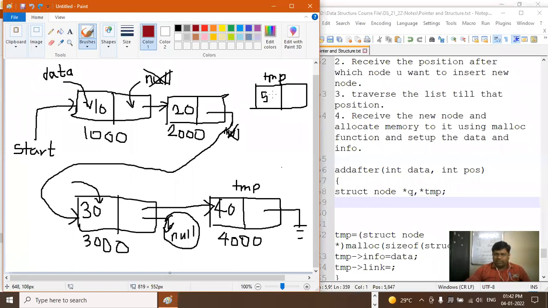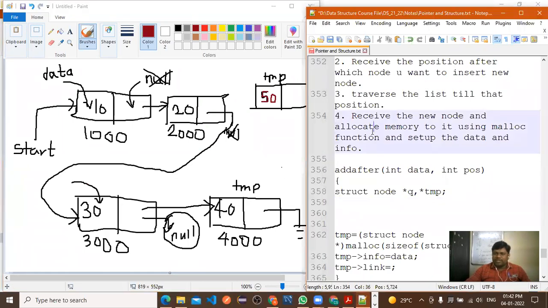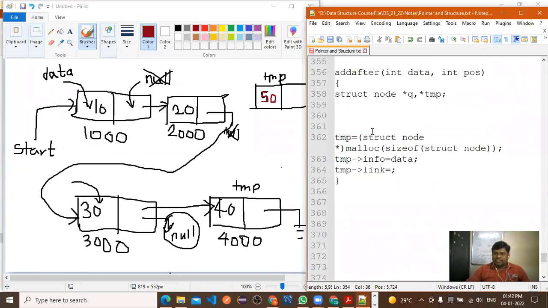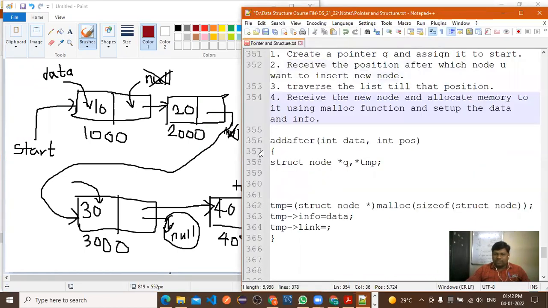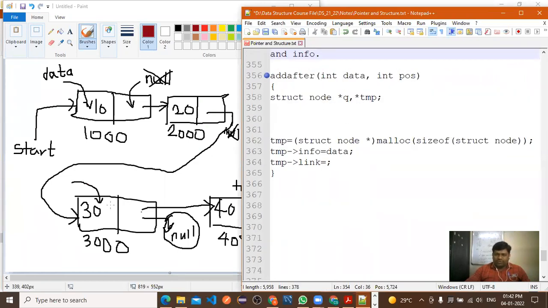Now next is the 50. Now suppose 50 you want to insert after 30. After 30 you want to insert the element 50. So how to insert? So first we need to identify this position.